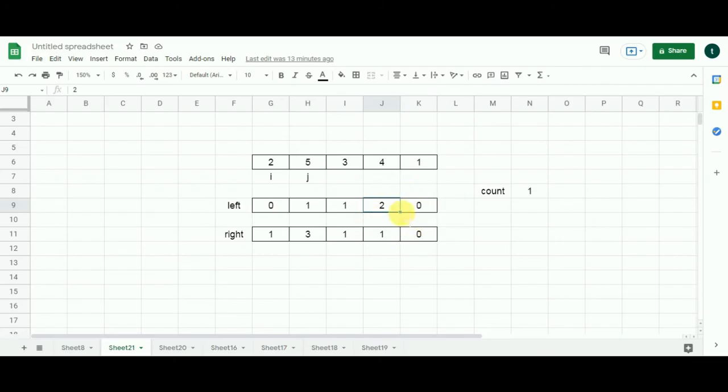The value here is 2 and the rating of this soldier is 4 in the problem array. Now when I compare 4 with the rating that is previous to it, and in this case it is 3, I find that 4 is greater than 3. Let's check the value of the cell in the left array for this rating 3. The value here is 1, which means that there is one rating that is less than 3 on the left hand side in the array. By eyeballing, we find it to be 2.